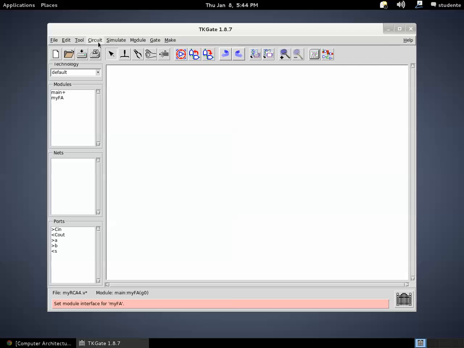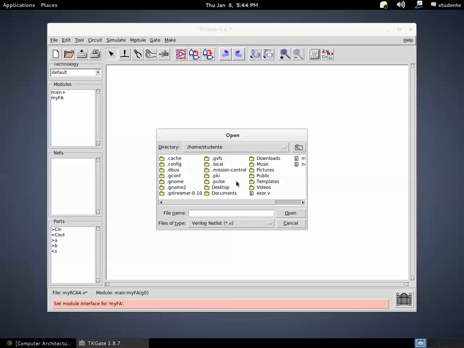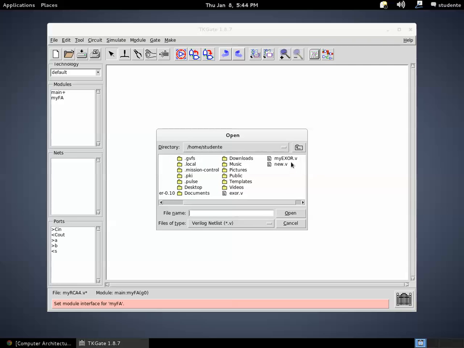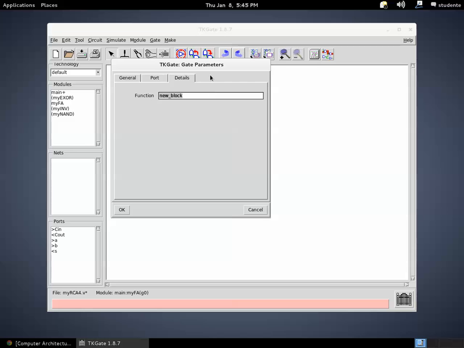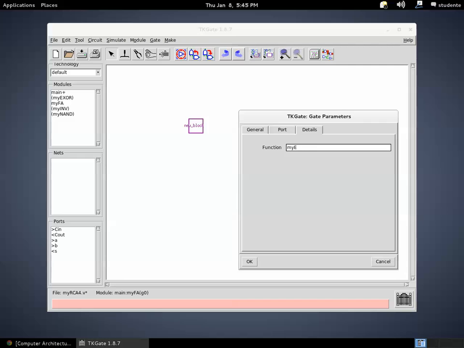We can go here under File and select Open Library. And we can reopen the myxor.v file as a library. And in this case, it does not appear as a design in our page, but it appears as available library modules. So this means that if I want to reuse the XOR that we designed last time, I can go here and under the Make menu, I can select module instance, and if I specify my XOR,